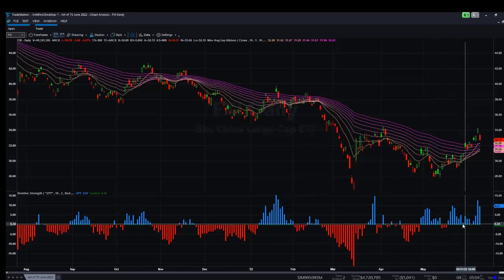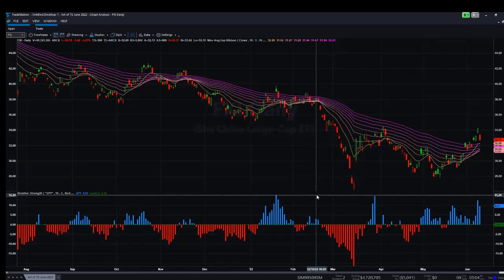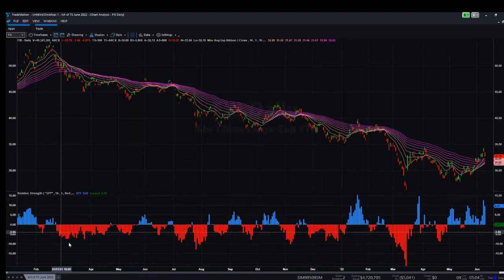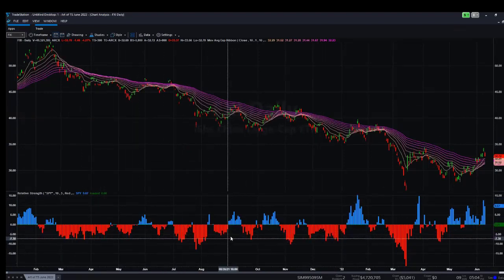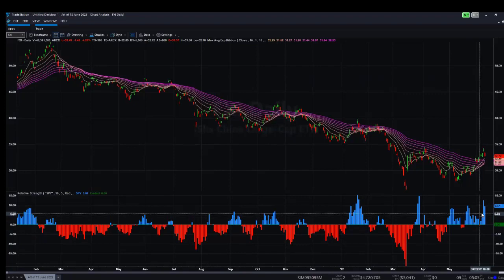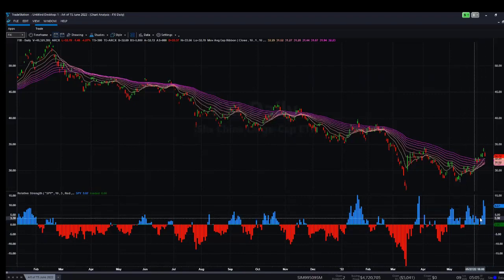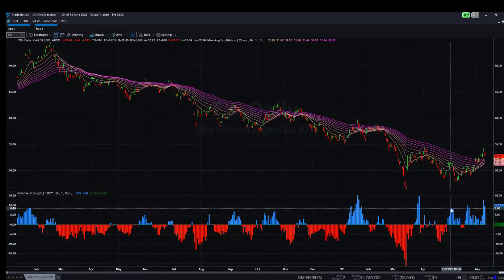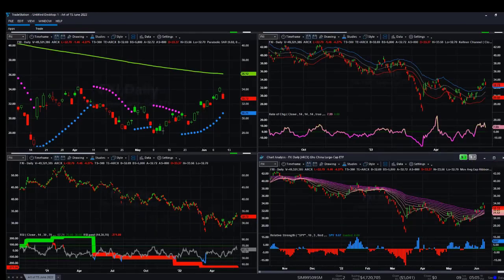We started to really see it here, and it's interesting also to look at something like this on the longer term. You saw significant bearishness for a year and a half, and then we're starting to see periods of relative strength here in a consistent way. This to me is starting to give an interesting signal, and Chinese stocks are an interesting thing that's starting to pop up right now in the market. So I'm going to show you one more thing, because I actually have an article on Chinese stocks that I'm going to share with you guys. But first I want to show you the one other thing, which is